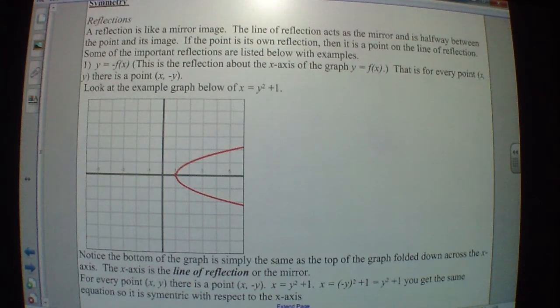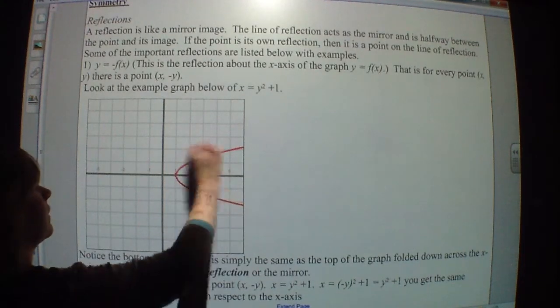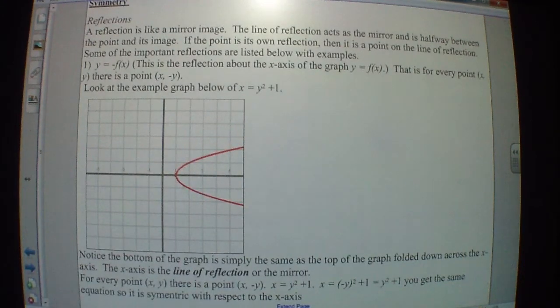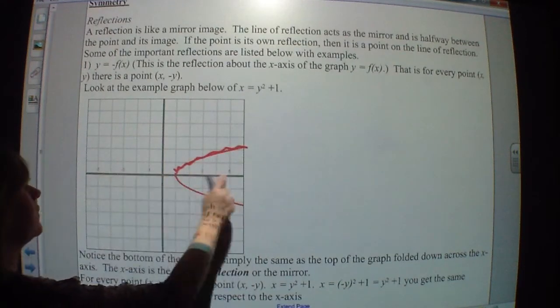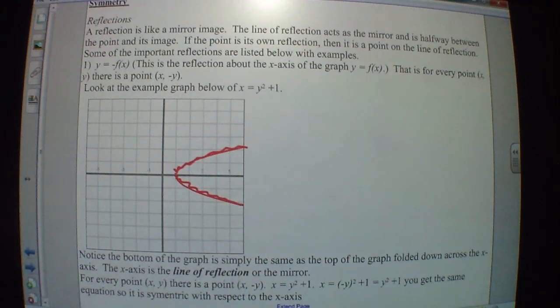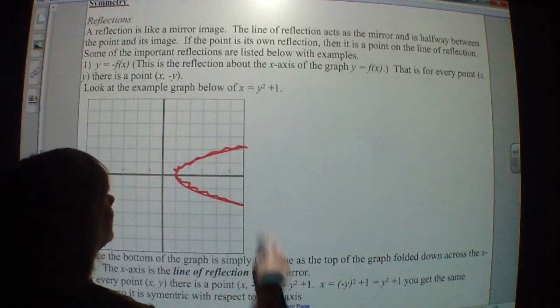Reflections, symmetry. A reflection is a mirrored image. The line of reflection acts as a mirror. So here, my x-axis is my mirror. That and that, they mirror each other. So if I had only one drawn, either the top or bottom, and I folded along the x-axis, and it was wet paint, it would mirror to the other one. So if this were wet paint, and I folded it here, the wet paint would go there. Okay? So that's a reflection